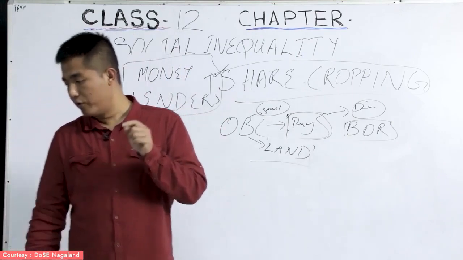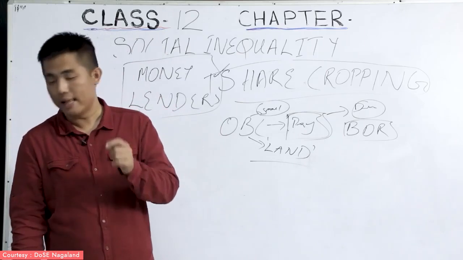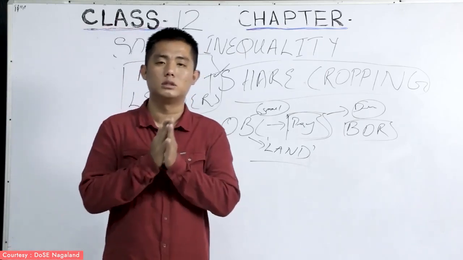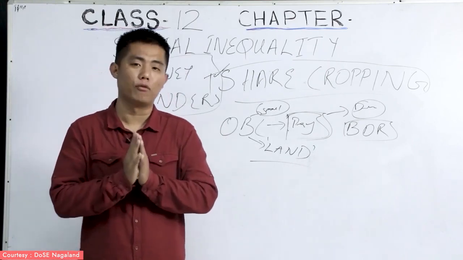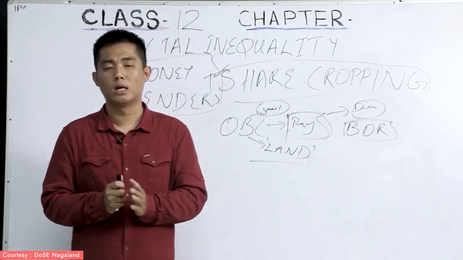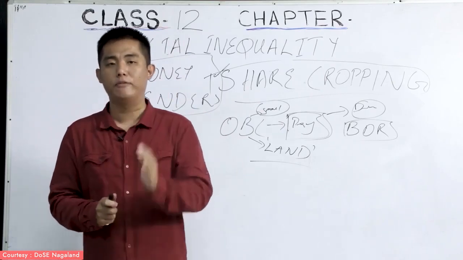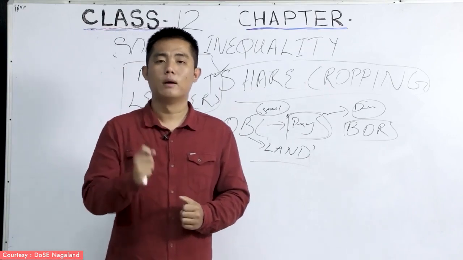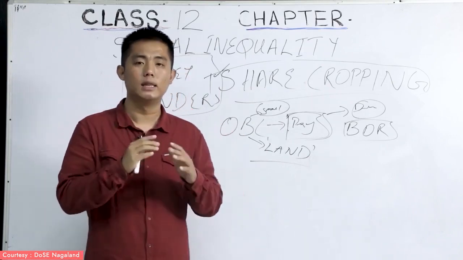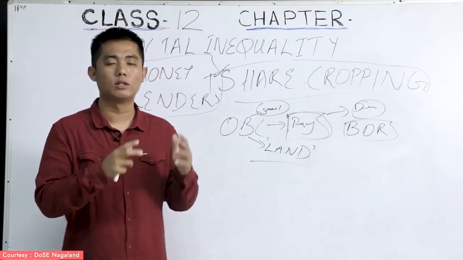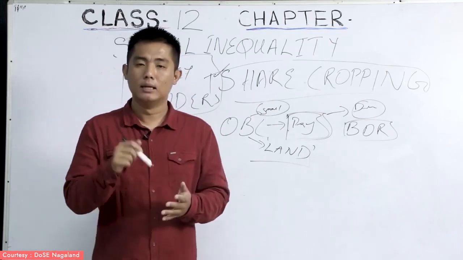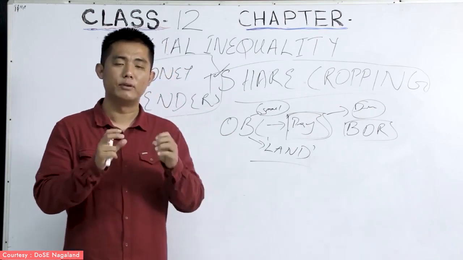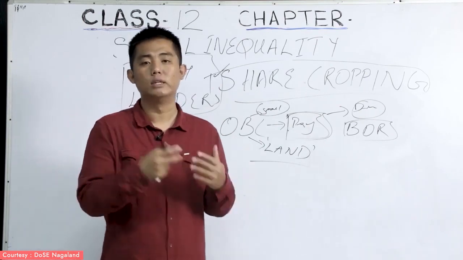Now, on your page number 46, the last point, health and nutrition. Health and nutrition is one of the basic amenities for every human being. But what happened was that the OBCs were even deprived of all these benefits in the society. First, they don't have proper shelter. In the sense, they don't have a proper house to live in. Second was the drainage system. Forget about the drainage system, they don't have even a toilet to do their needs.